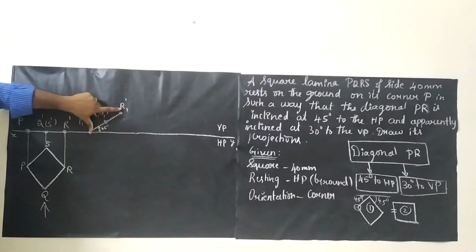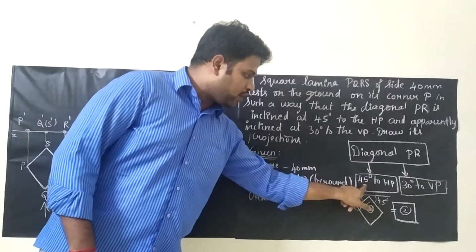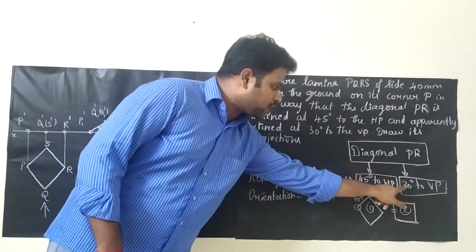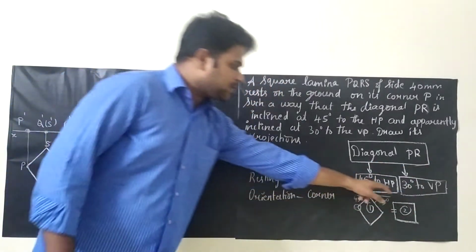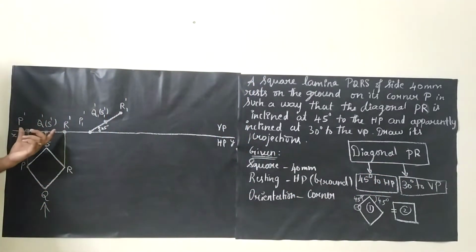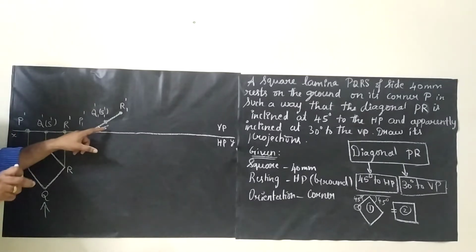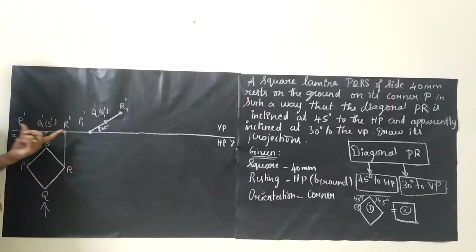We are going to incline this surface 45 degrees, because the diagonal is inclined 45 degrees to HP, and the diagonal will be inclined 30 degrees to VP. So these things will be seen in the second edge inclination. For surface inclination, measure P dash R dash. You will have some distance, for example, 3 centimeters, I am approximately telling. Measure this for 45 degrees. The angle between this line and the reference line is 45 degrees. For 45 degrees, draw a line. The length of the line is the same as it is.